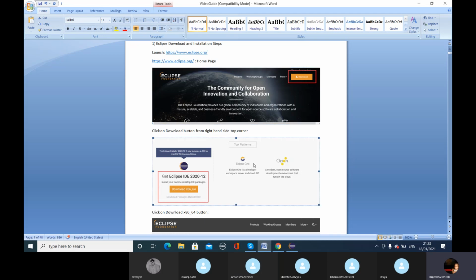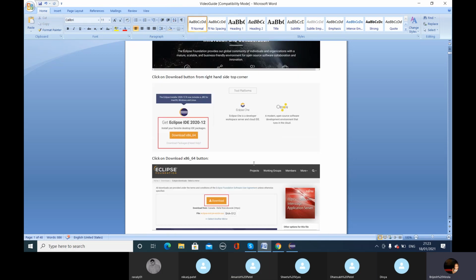You will be directed to the Eclipse installer page, where you will have a small window, Get Eclipse IDE 2020-12. So you can click on the yellow download x86_64 button.